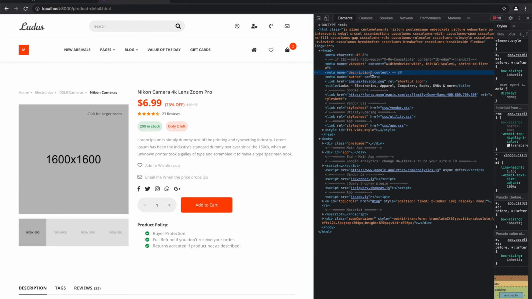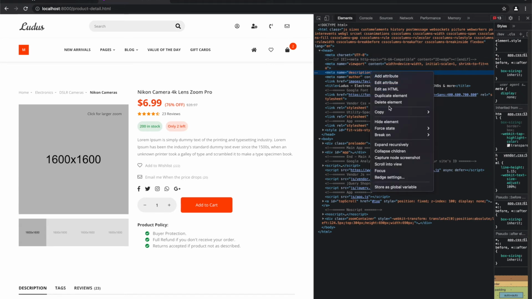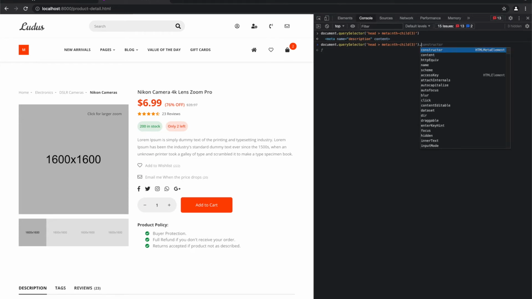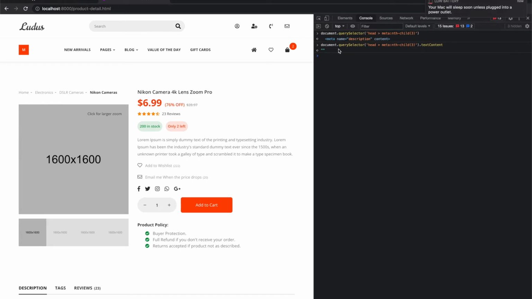So if you don't have any idea on how to target it, you can just right click, go to copy, and then copy selector. Just try to paste it in here. And now you see you have the meta element. In our case it's empty, but if you would want some details of that element, you can just say text content, and you would see the text content of this element.